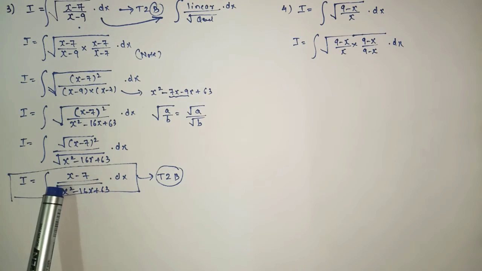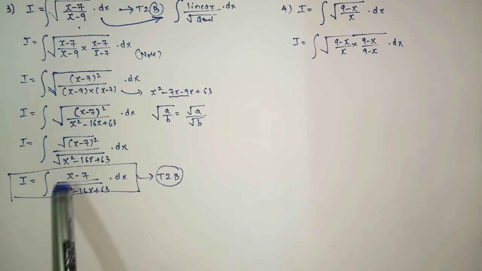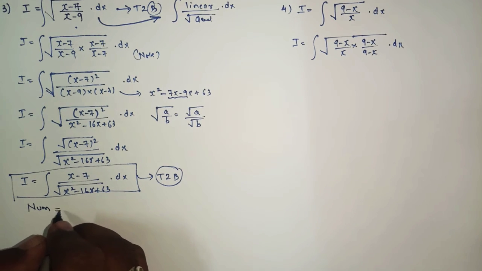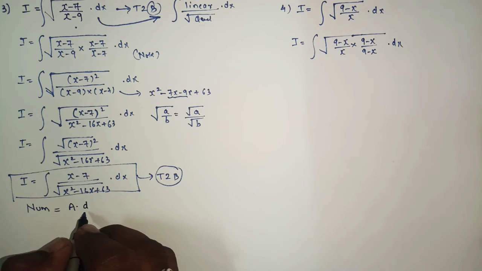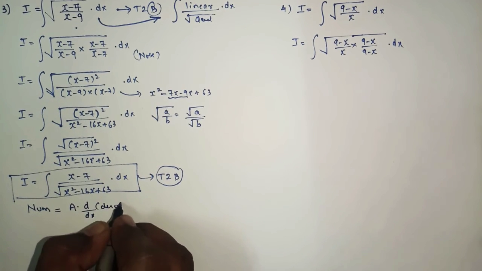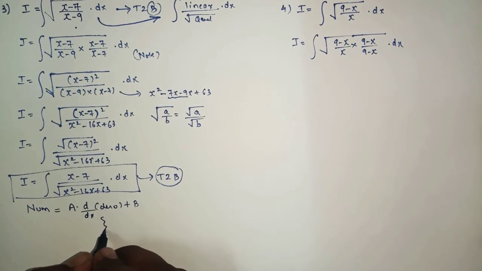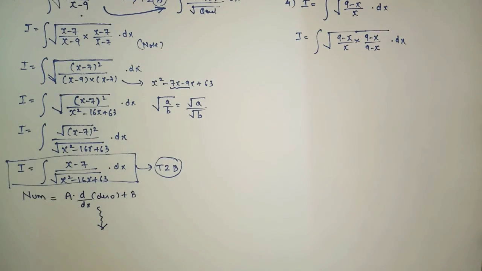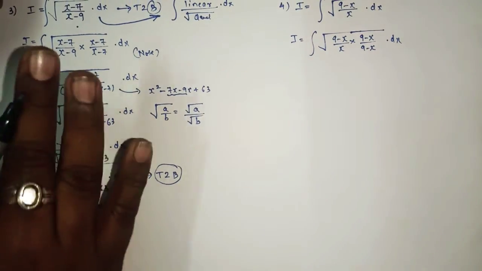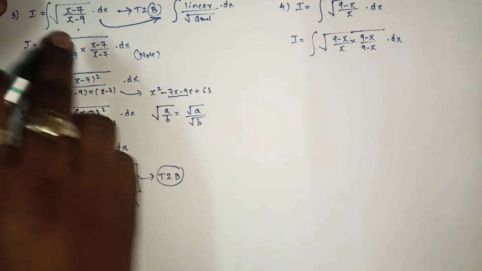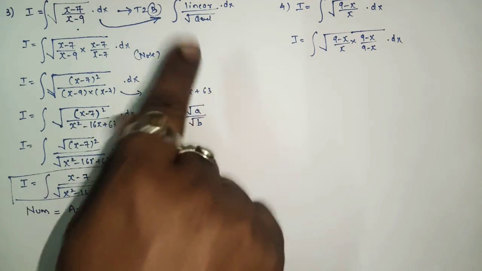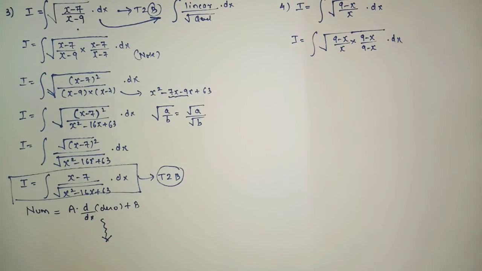This section will get converted into type number 2b, and the rest I hope you all know how to solve by using step number 1, step number 2, step number 3, and step number 4, by using this format: numerator equals a derivative of denominator plus b. I hope you can try the remaining section by yourself. So please try the remaining part of the sum by yourself. I'm just explaining the sum. Whenever you come across a sum like this, root linear upon linear, this is how to convert that format into type number 2b. I hope you all understood the method.